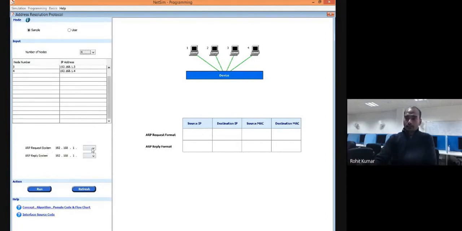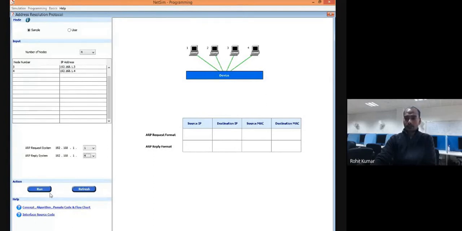Here I make 1.1 the request system, and I choose 1.4 as the ARP reply system. It means system 1 tries to connect with system 4 through the connecting device. It may be a switch or whichever interconnecting device it is.